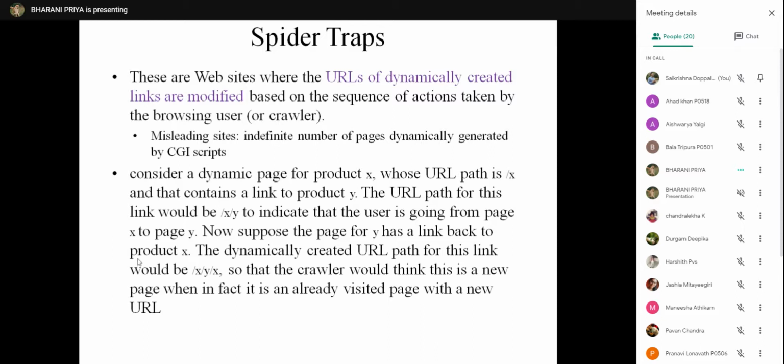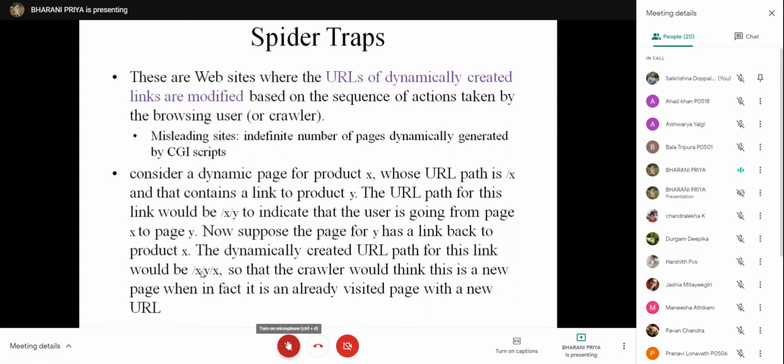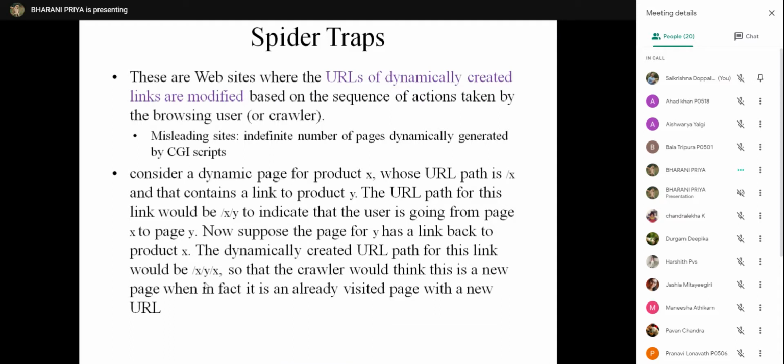Sir, I'll give the hint. See this URL. By seeing this URL itself, you can come up with some analysis. Path of the URL is repeated, and if the already visited pages are there, or we are coming back from one side to another side, right? See, the length of the original URL and the URL which is of spider trap is more, right?